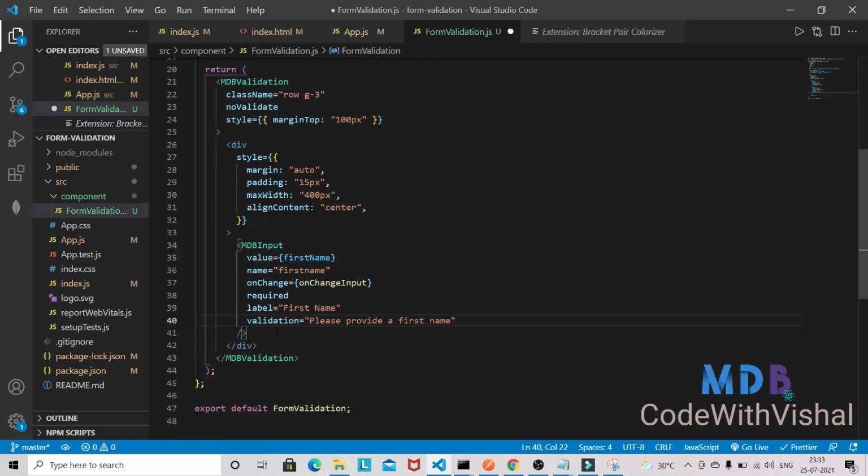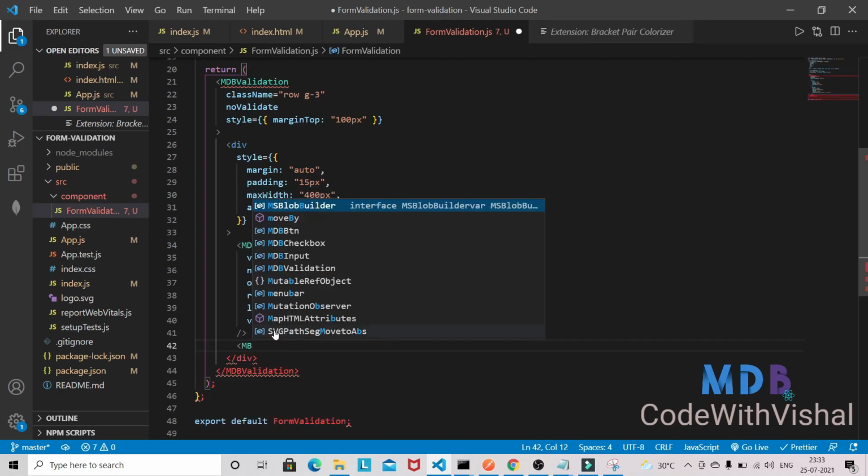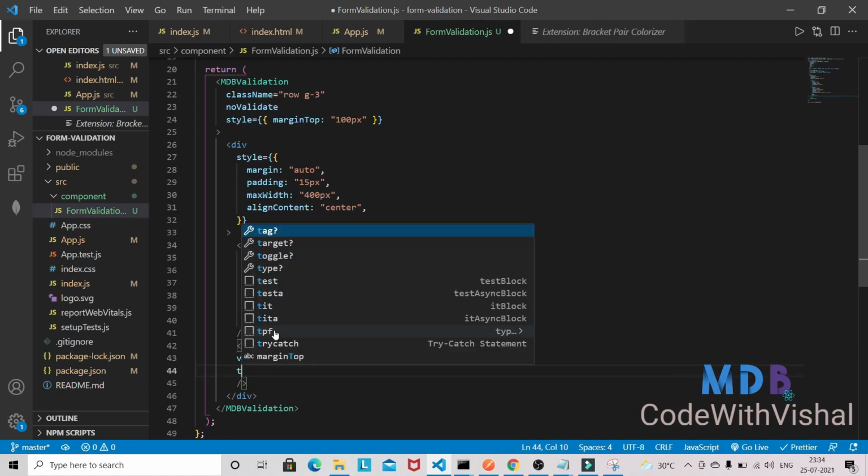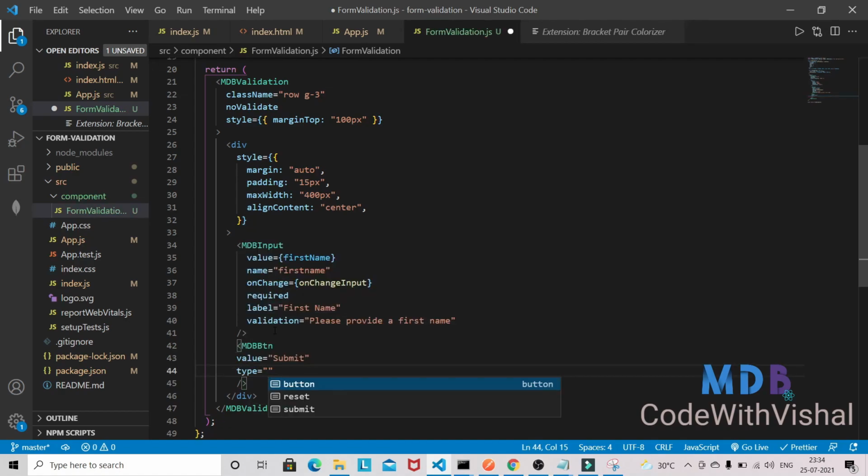and we can have one button here. So just give one button, btn, and value will be like submit, type will be submit, and color we can give here primary.